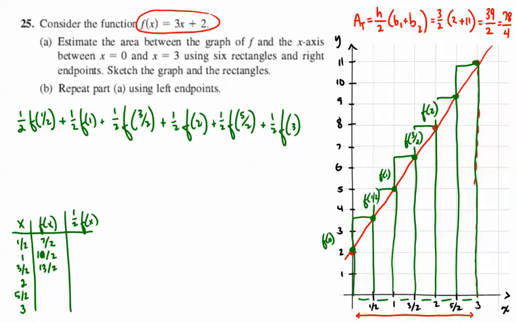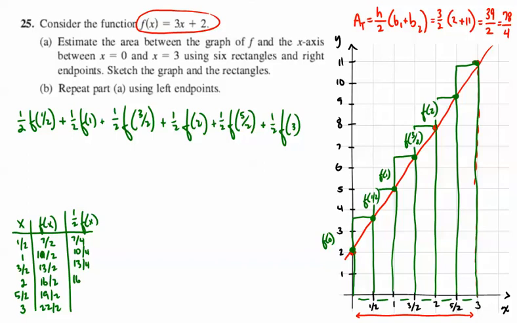And hopefully you can see that it's just going up by 3/2 each time. Next one would be 16/2, next one 19/2, and the next one 22/2. So you can see the pattern there. Now those are the heights of each rectangle. We want to multiply by the base, which is times 1/2, and that's going to give us 7/4, 10/4,